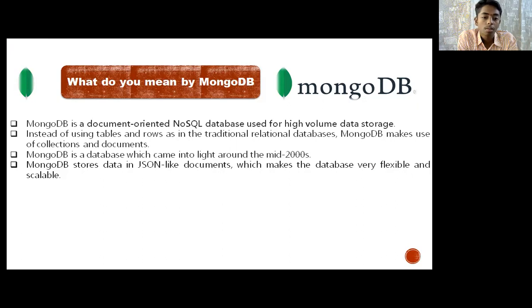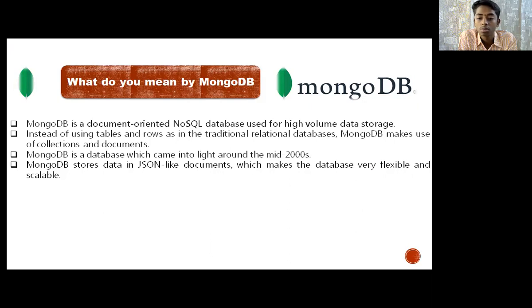So the next one is, MongoDB is a database which came into existence around the mid 2000s, and MongoDB stores data in JSON-like documents. JSON-like documents are used to store data in a non-SQL manner in MongoDB, which makes the database very flexible and scalable. JSON-like data documents are those documents which we can view immediately or access freely. So that's how